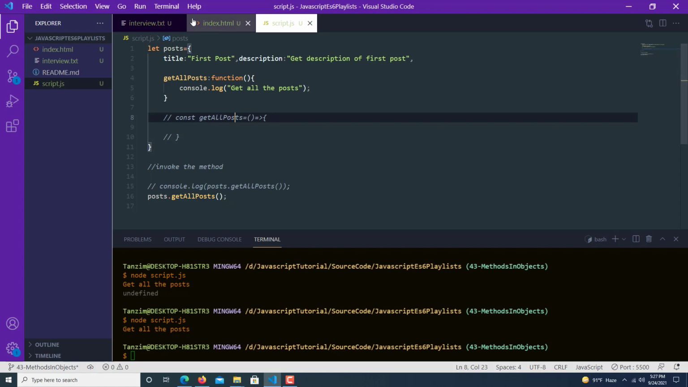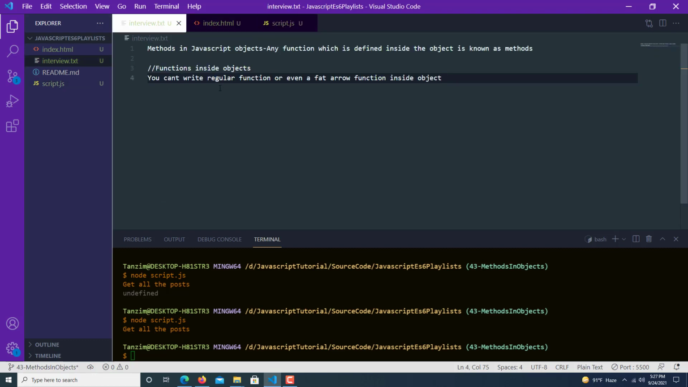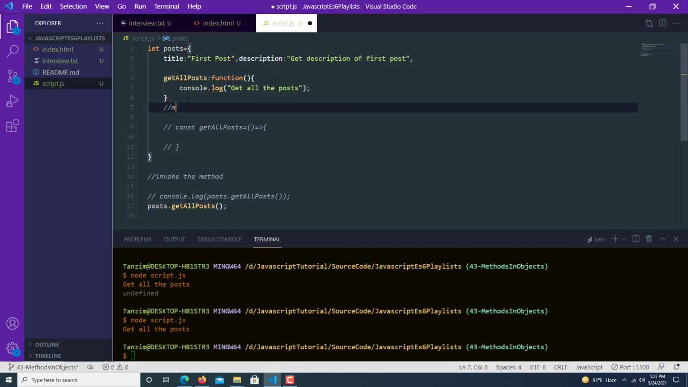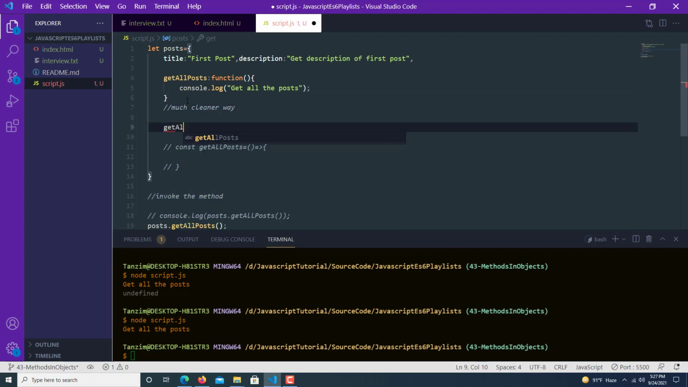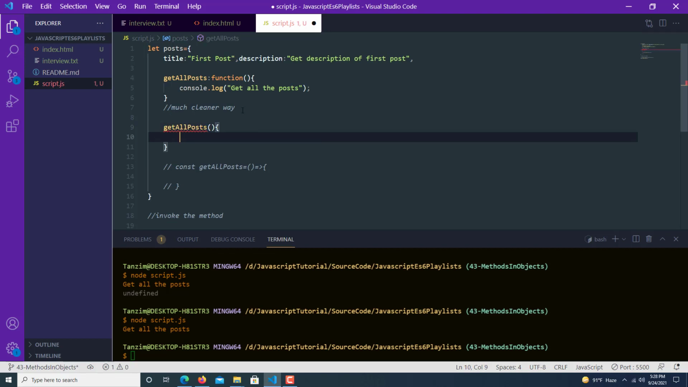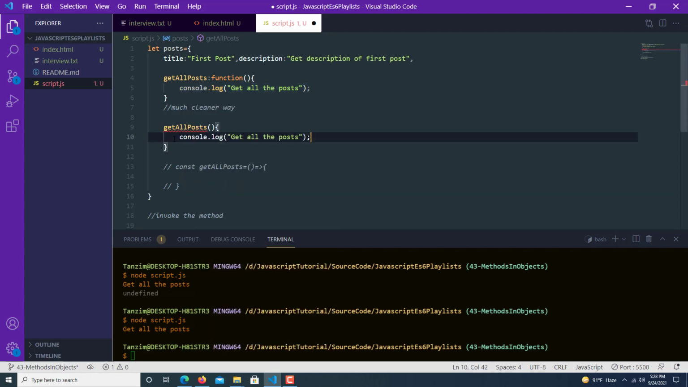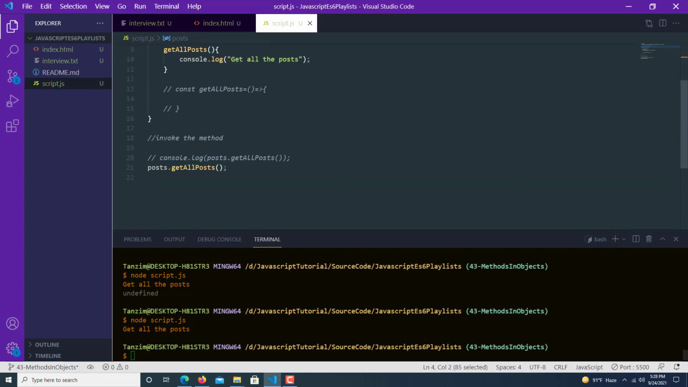So you can't write a function inside objects like a regular function or even a fat arrow function. What you need to do is do it like this and give a colon and write function. A much cleaner way is get all posts, and if you just copy and paste, this is giving me an error because I already invoked this function with dot notation. So now if you run this script,